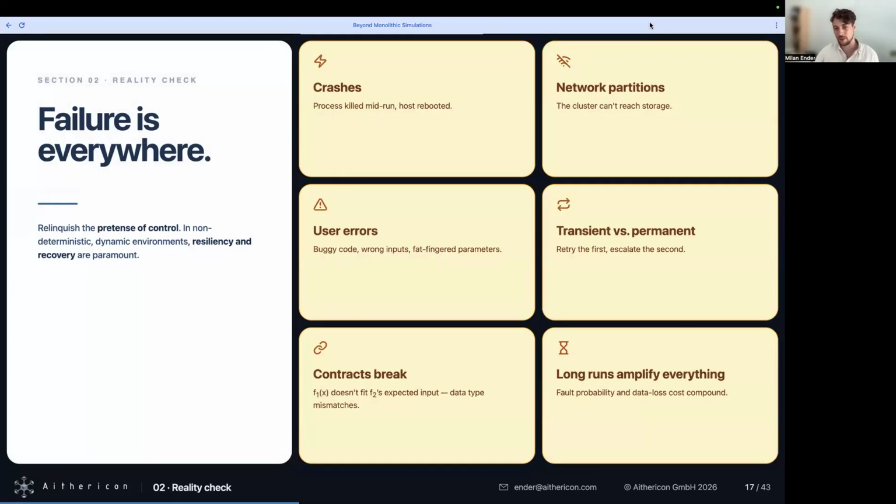So, all in all, we unfortunately still have a world where failure is everywhere and all around us. So, unfortunately, we can't just say we build a system with quite some assumptions and some singular code, and everything is fine. No, everything will crash at some point.